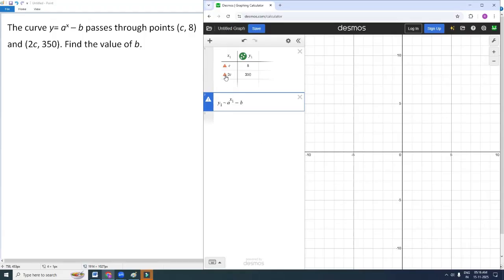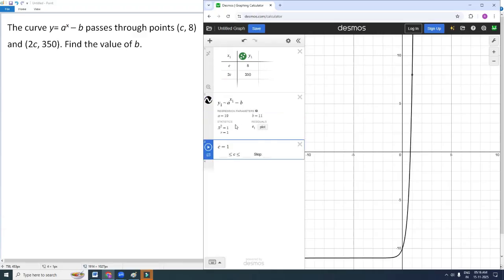Now let me see what Desmos says. Too many variables. Try defining c. Desmos is asking us to define c, that is, we have to assign some value for c. Since we don't have any restriction for the value of c in the given information, let me take c